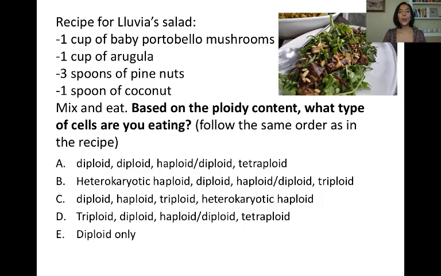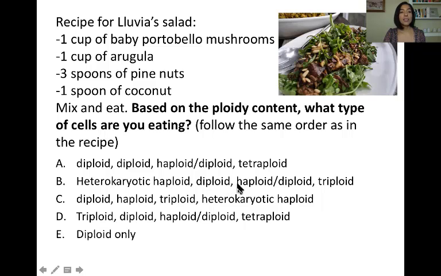Okay, so what's the portobello mushrooms? So portobello mushrooms are actually heterokaryotic haploid. That means that they are going to have 2 nuclei in these cells, but the nuclei are going to have a haploid set of chromosomes. So they're going to be haploid. The next one is arugula. Well, that will be diploid. And the coconut is going to be